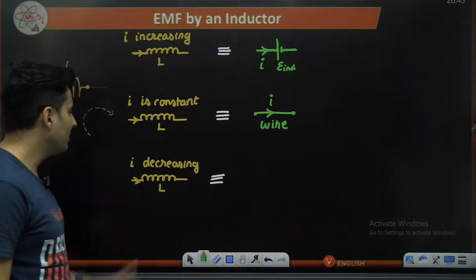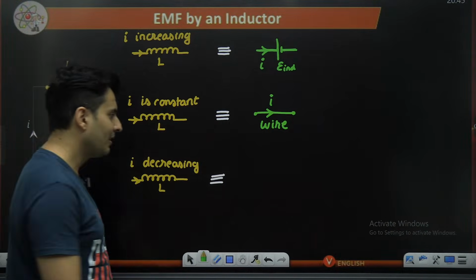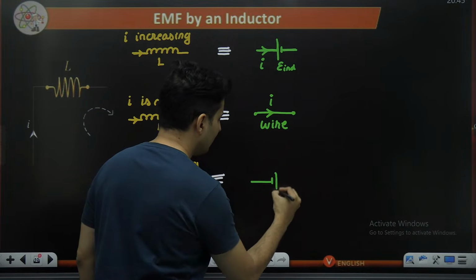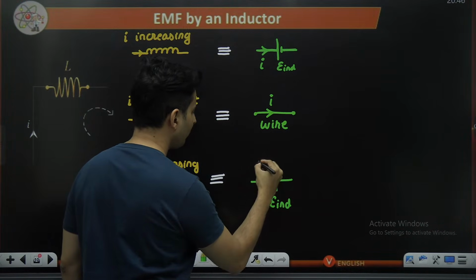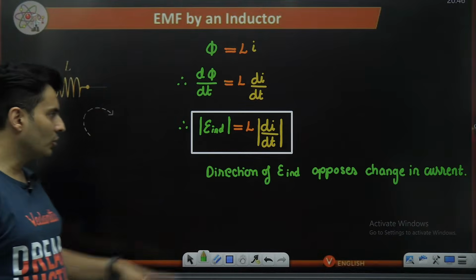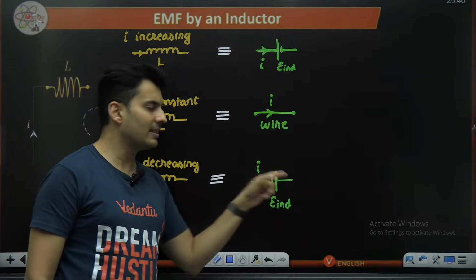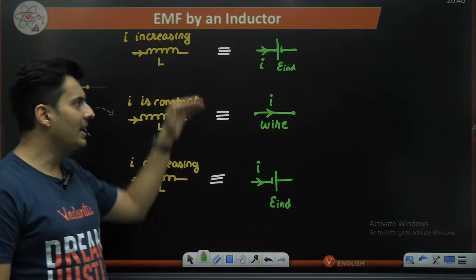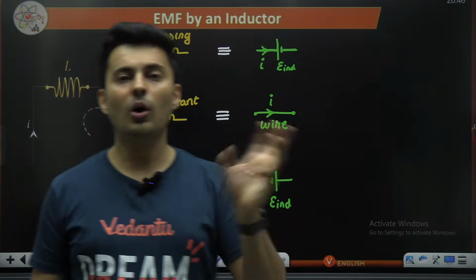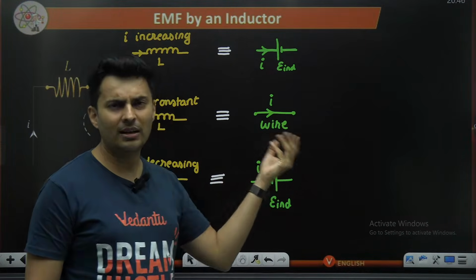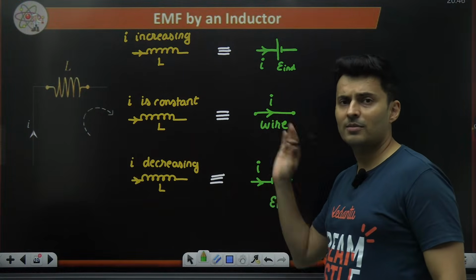But if you ask me over here, the current is decreasing, the inductor will say, I will oppose that also. You will try to increase the current. So how do you increase? By assisting the current. So the induced EMF will always help a decreasing current. So again, if you know di by dt, you know L, you put it, you will get the value, whatever 5 volts, 3 volts, you put it in the same direction as the current. So this is how the direction of the induced EMF is. The induced EMF behaves like a battery, either to help it or to oppose it, or just like a 0 volt battery, which is like a wire, depending on whether the current increases, decreases, or becomes constant.